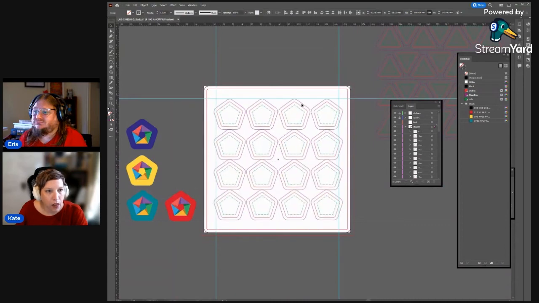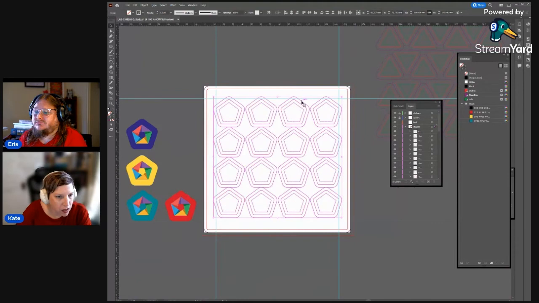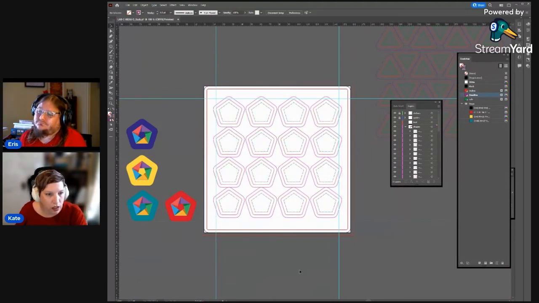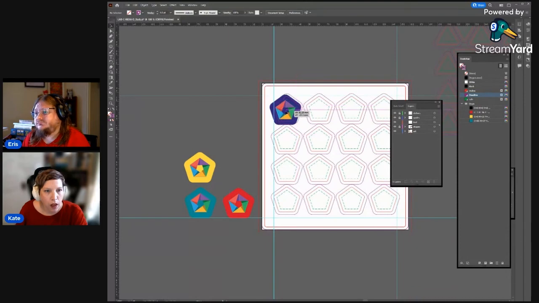Now, I'm just going to move that across. The fact that it's a nice little symmetrical layout is great because it means that setting up our art is going to be super easy. Now, because we're not going to need to fuss with these shapes any longer, I'm going to lock that shapes layer because I don't want to accidentally grab something while I'm working. And what I'm going to do is get my other shapes and move them in behind.